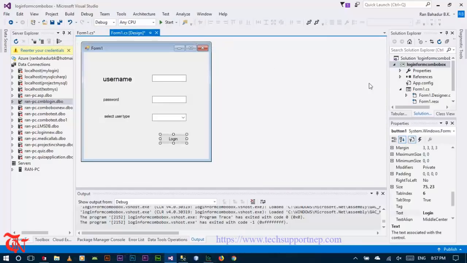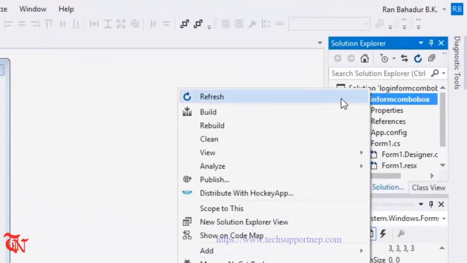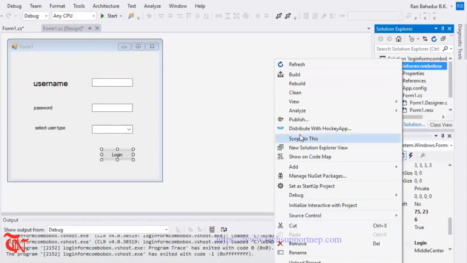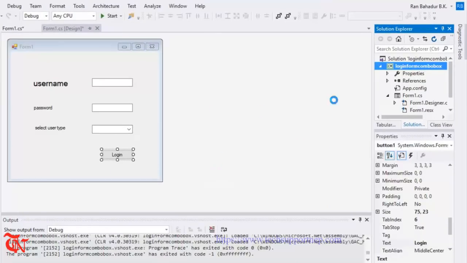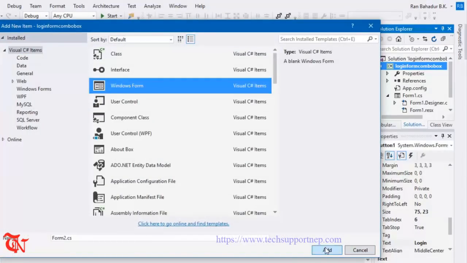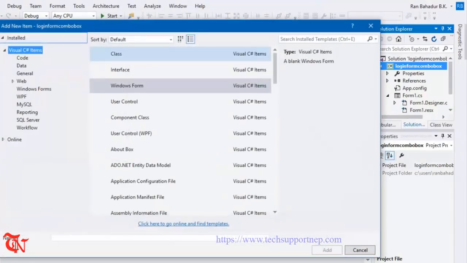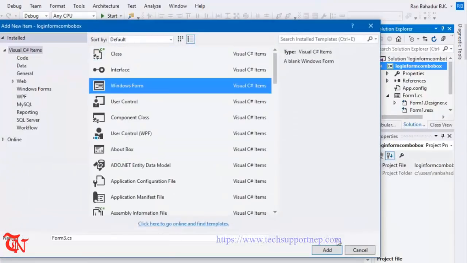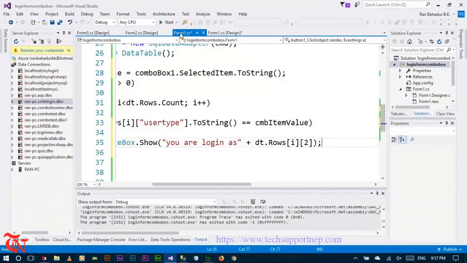open the next form. So for adding the forms, right click over this solution project and then click on add, click on new item, and then select the window form and then click add, and again repeat this process, select the window form and then click add. So what we are going to do is,